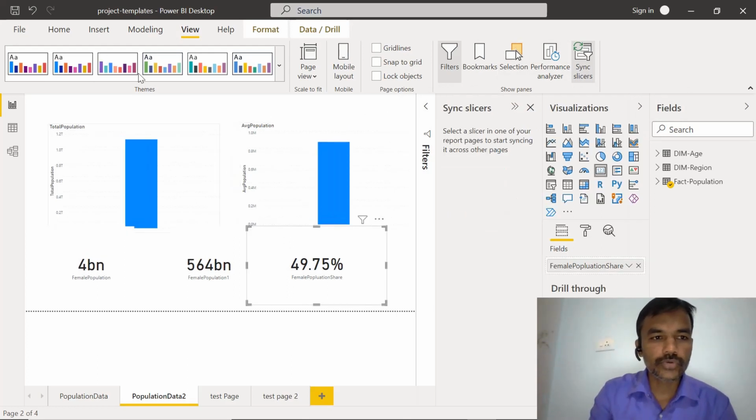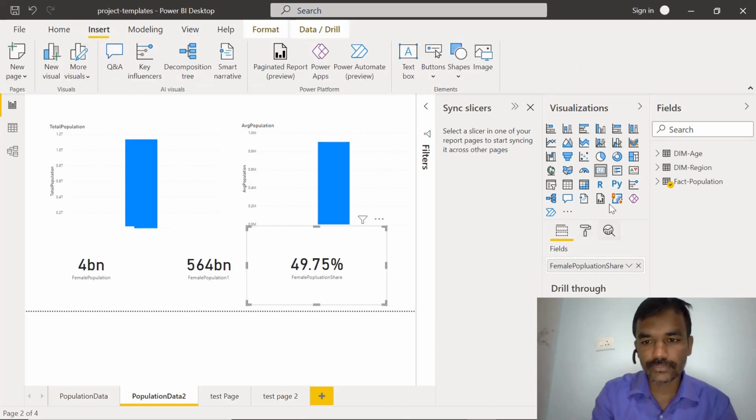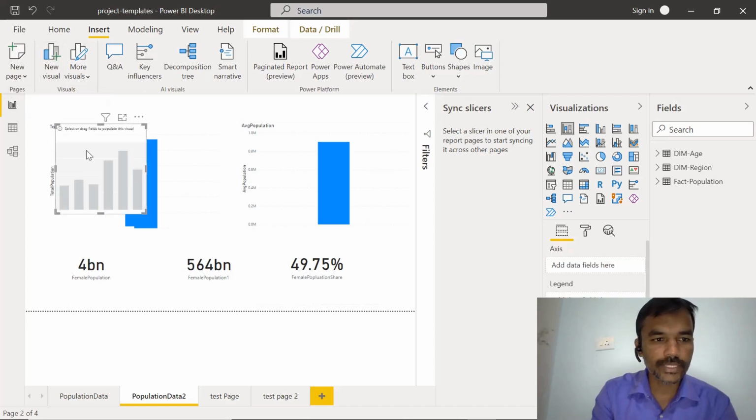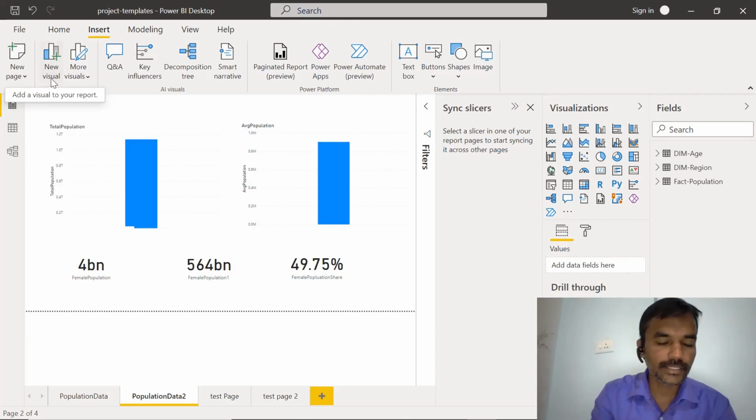I wanted to show you another insert menu which is available here whenever we have this visualization. This is the visualization window, which is showing all the charts available. However, there is one more option, which is add visuals to the options. By default it will take one of the column charts only. This is another way where we can add this, or directly click on these charts.